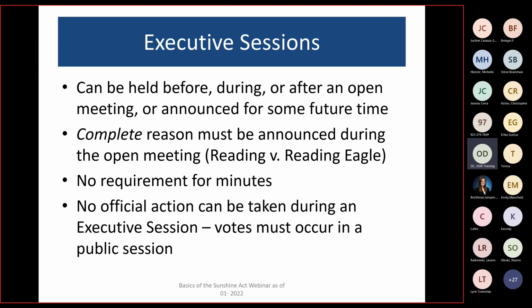Okay, and the council was doing this. They would say, we're going into executive session for personnel reasons. Okay, the Reading Eagle took them to court. The court agreed with the newspaper. And in the language of this,